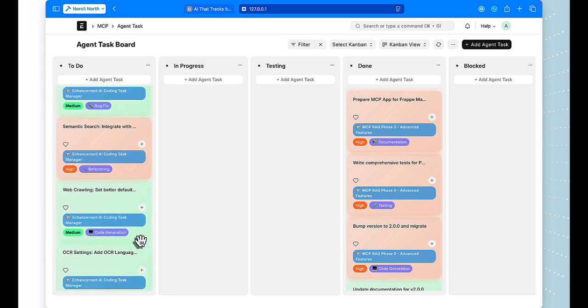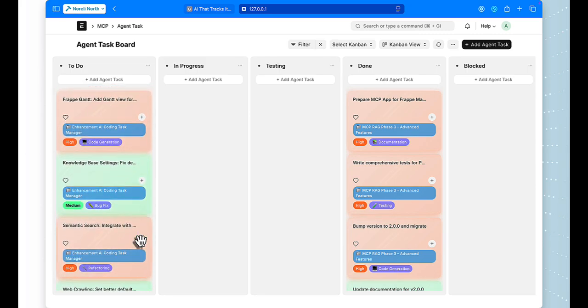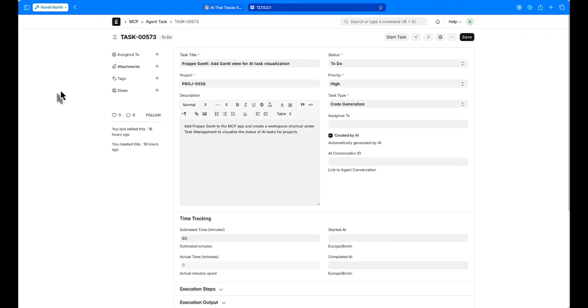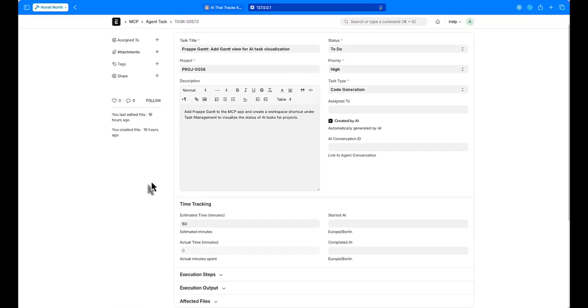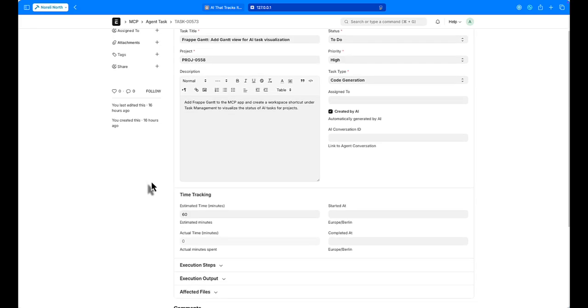I didn't create those. Claude analyzed the project and broke it down. Let me click on task 00573, the Gantt view task. Look at this detail view. Task title, Frappe Gantt. Add Gantt view for AI task visualization. Project PROJ0558 Enhancement AI Coding Task Manager. Status, to do. Priority, high. Task type, code generation. Description. Add Frappe Gantt to the MCP app and create a workspace shortcut under Task Management to visualize the status of